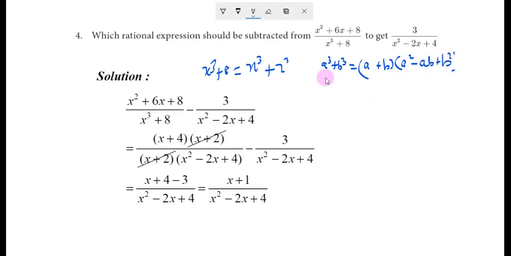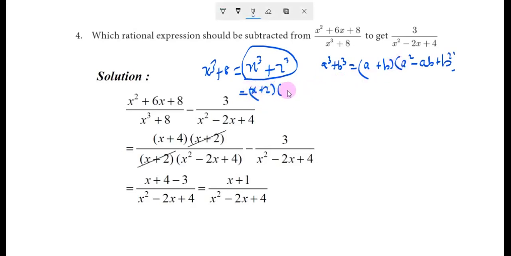Understood? So a cube plus b cube means this is (a plus b) into (a square minus ab plus b square). So just compare this x cube plus 2 cube with a cube plus b cube. Then a equal to x, b equal to 2. So apply a plus b, so x plus 2